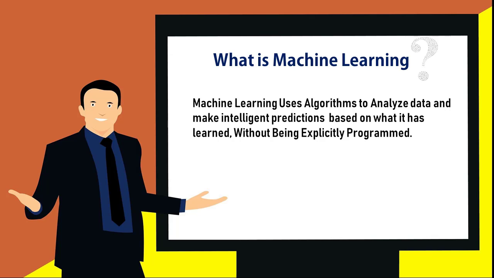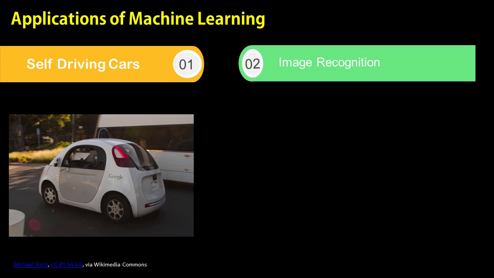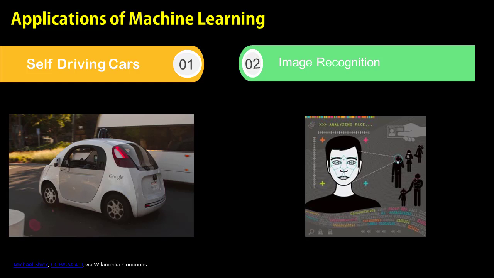Now let us see what machine learning can do. I have listed two applications of machine learning, as there are many applications. The first application is self-driving cars. Self-driving cars are gaining popularity, and machine learning contributes to them. The second, but not the least, is image recognition. Machine learning also helps in image recognition, as you will see in companies that use face recognition as a pass instead of this pass or that. There are a lot more applications that you can find in machine learning. You can Google and find the applications of machine learning.